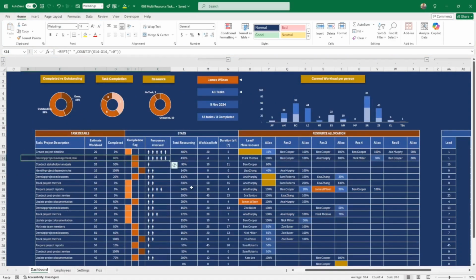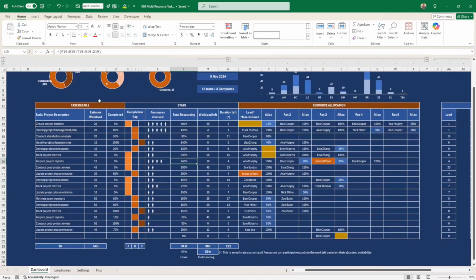I'm noticing this video is quite long and I don't want to lose your interest too much. So those charts here, you can do them yourself. They are pretty straightforward. They're very similar to the one I had in my other video. So if you're not sure how to make them, please check my other video. So this is the completed versus outstanding